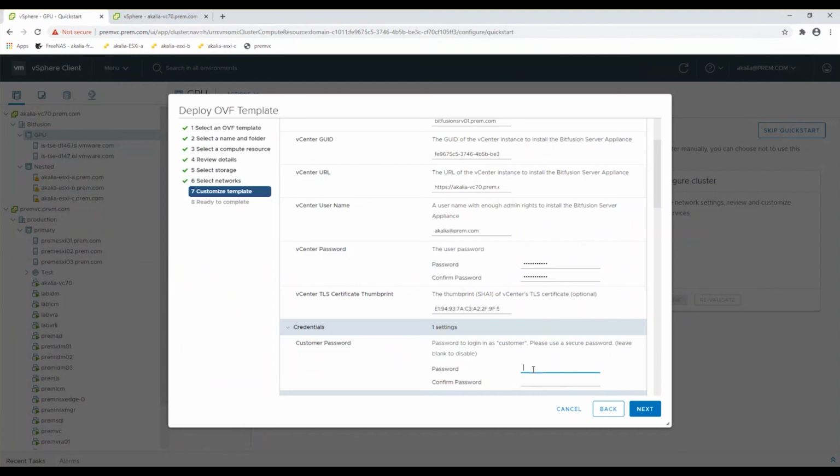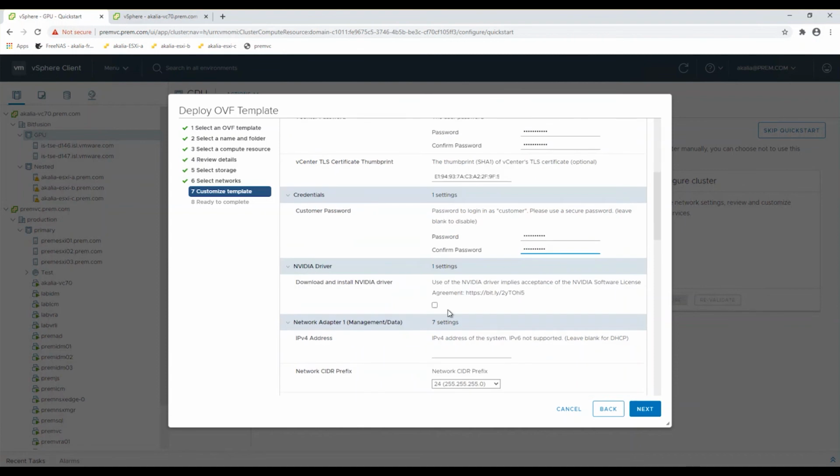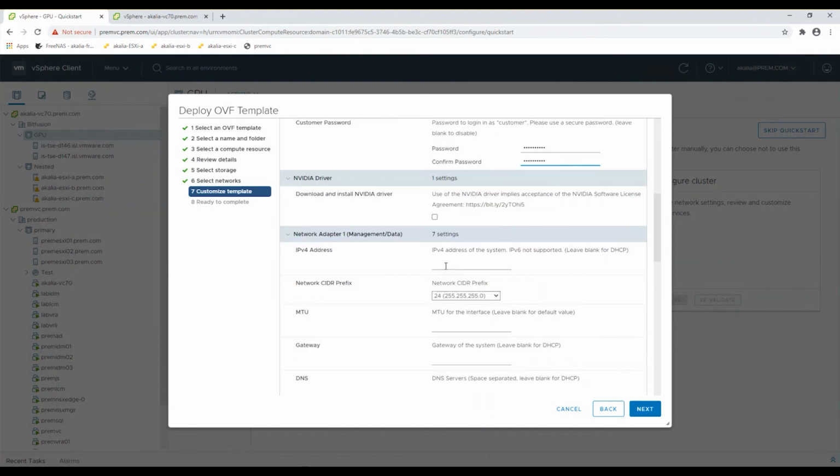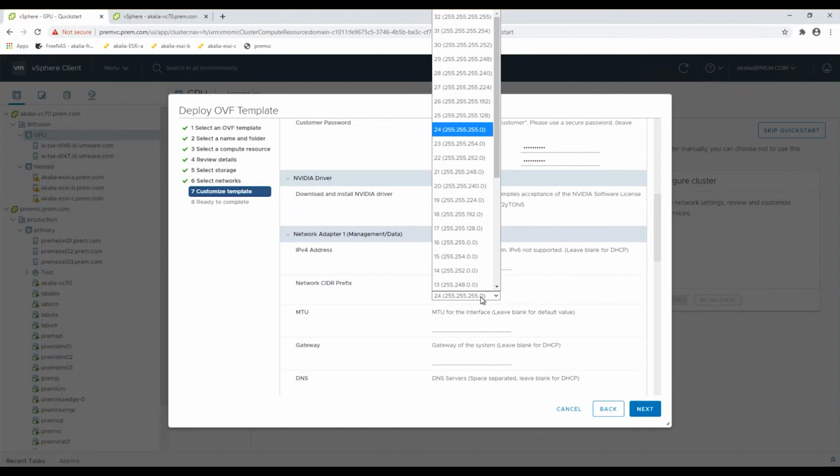Next is the customer password. This is the password with which you will access the Bitfusion server node. Next is the NVIDIA driver option. If your appliance has internet connectivity, you can check it. Otherwise, leave it unchecked. If you do check it, your appliance will have SSH disabled by default,